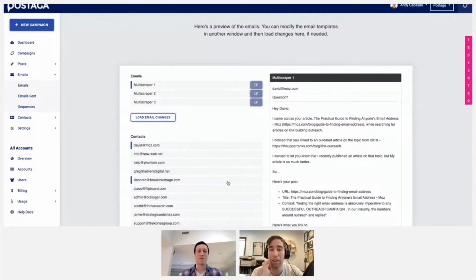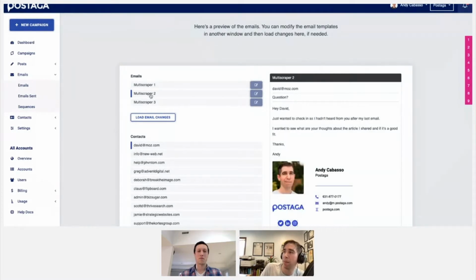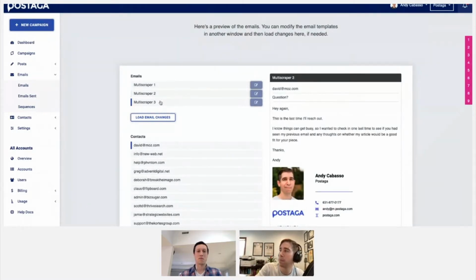So really in just a few minutes, I'm able to create this automated Skyscraper campaign, the Multiscraper campaign, find multiple websites that I want to target, find contacts and their email addresses, and build them personalized outreach campaigns that also have multiple emails going to them.